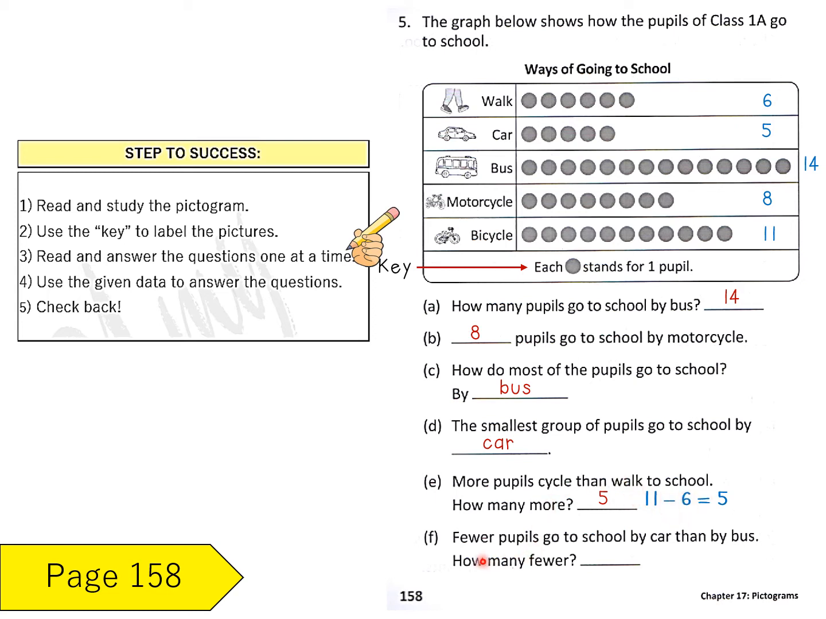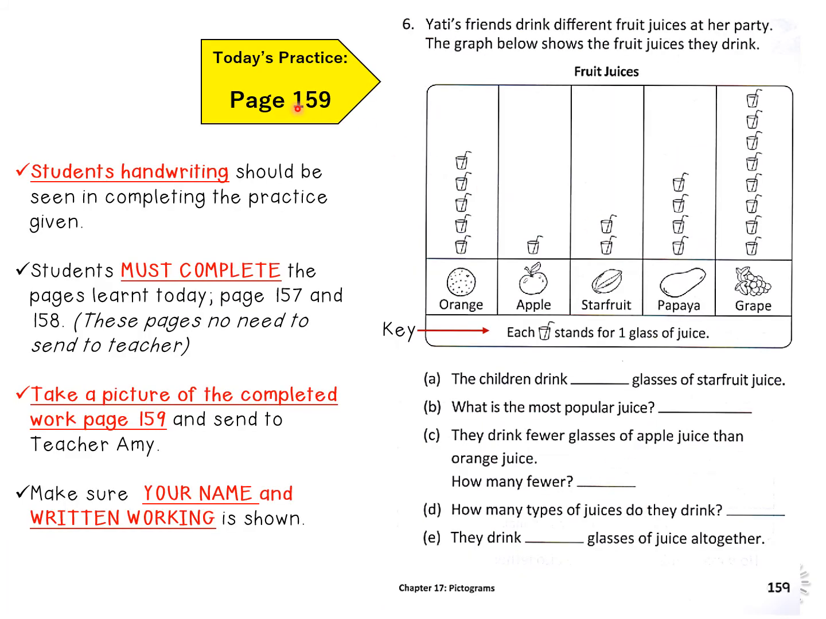Okay. Next, fewer pupils go to school by car than by bus. This time we take a look at car and bus. Find the difference. Car, there are 5. Bus, there are 14. So big number, subtract the small number. 14 minus 5, we have 9. Alright, so please show your labeling, your working, and your answer clearly, because on the next page is your today's practice,